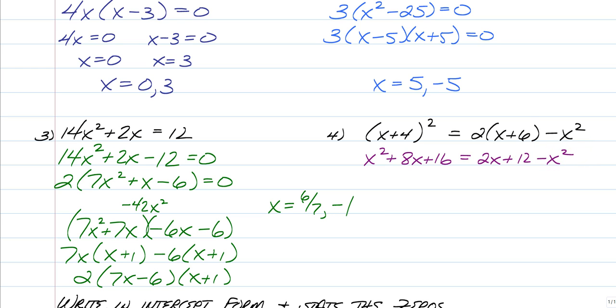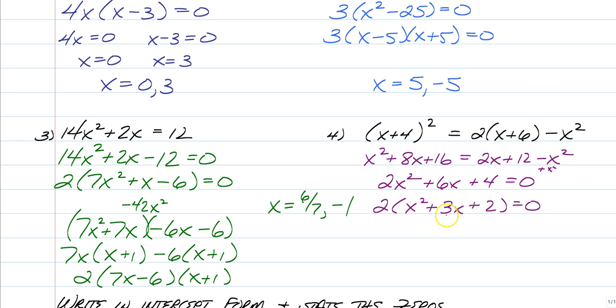And again, when factoring, you need to get everything equal to 0. So we would have a 2x squared. Subtract the 2x, that's after we add the x squared to the other side. Subtract your 2x, that would give you plus 6x, and subtract your 12, and that would give you a plus 4. Factor out your GCF of 2, leaving you with x squared plus 3x plus 2